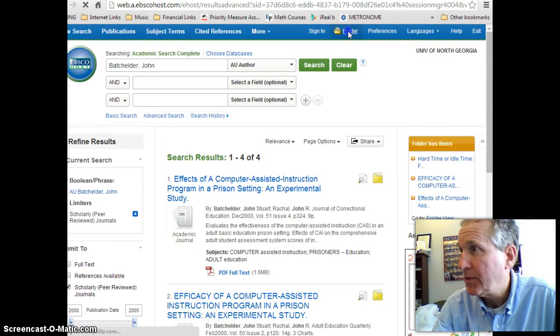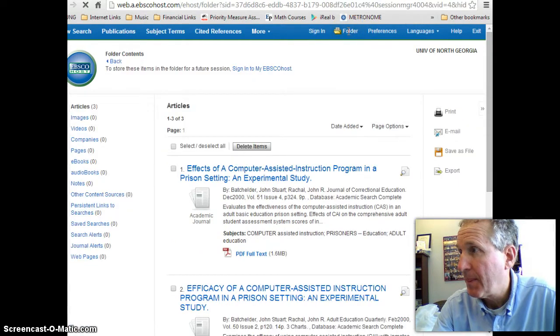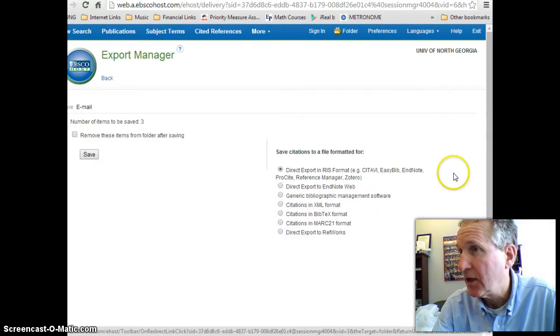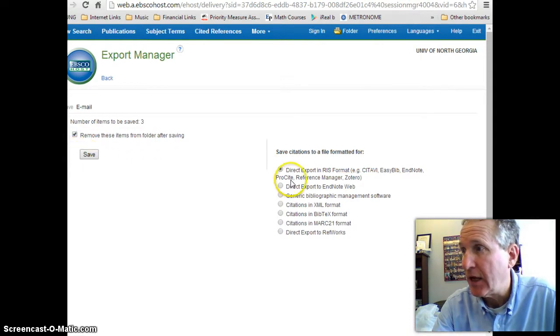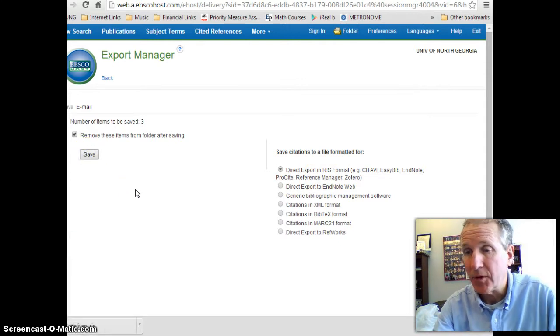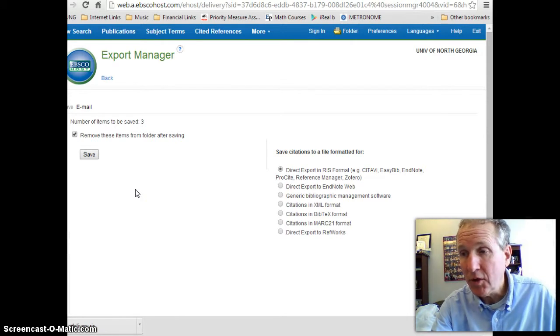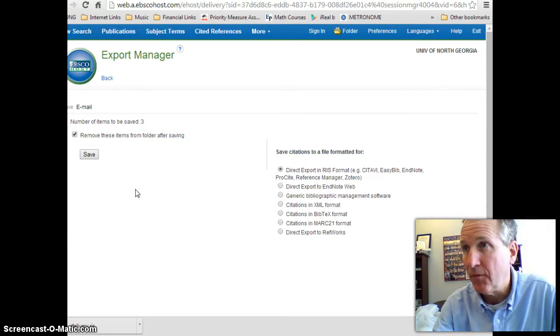Then you simply come up to your folder, where you are given the option to export your selected references. And once you export these things, you're going to go ahead and tell them to save it as a direct export in RIS format. And so you save it, and that's going to place a file into your downloads folder